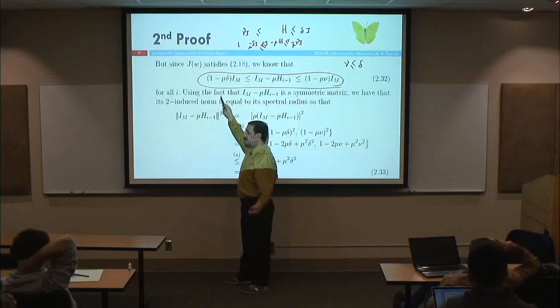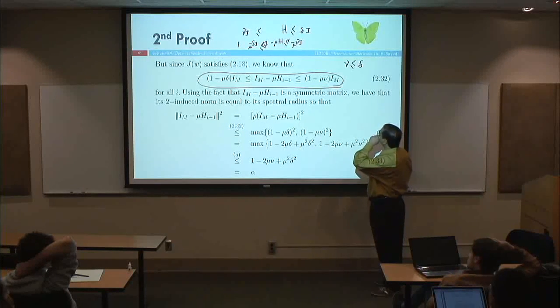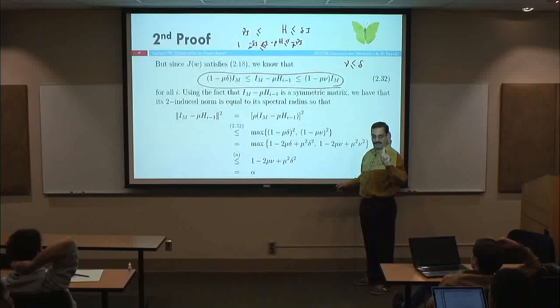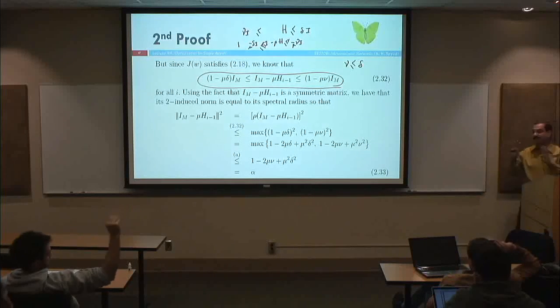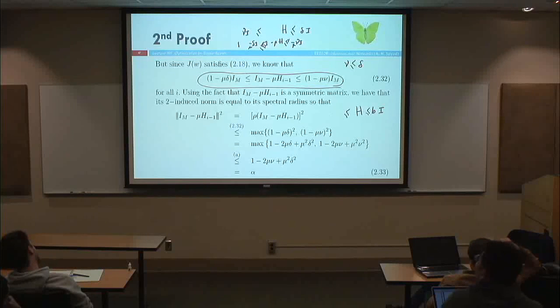So what do you have? The right hand side is greater and the left hand side is smaller, so the bound is fine. Yes, the bound is fine. I talk about this in the next slide. Let me get there. But anyway, on the face of it, if I have a matrix which is bounded like this,